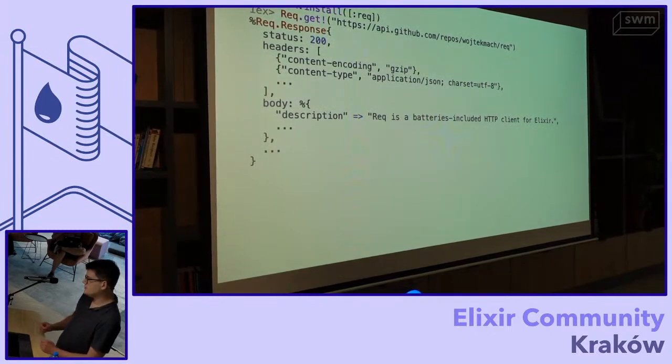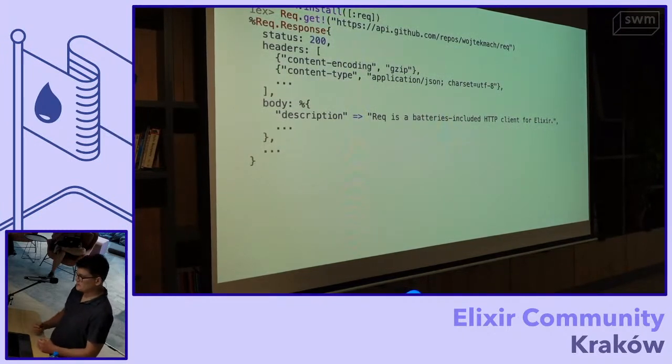As a matter of fact, servers don't really compress the body by default. They would only do so when asked to, specifically when the client sets the accept-encoding header. And this is what Req does. By default, it will ask the server to compress the body, so we save on bytes. And this is, so to speak, the Req approach. We try to use HTTP headers and basically have opinionated defaults of how the client should work. Based on these headers, we also set some headers ourselves.